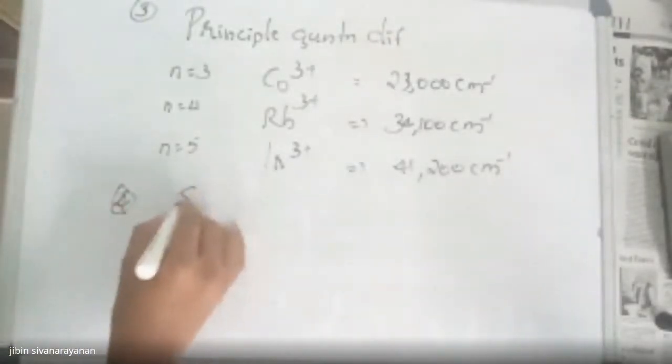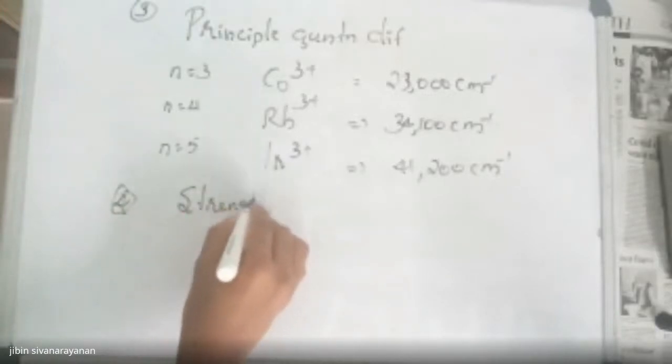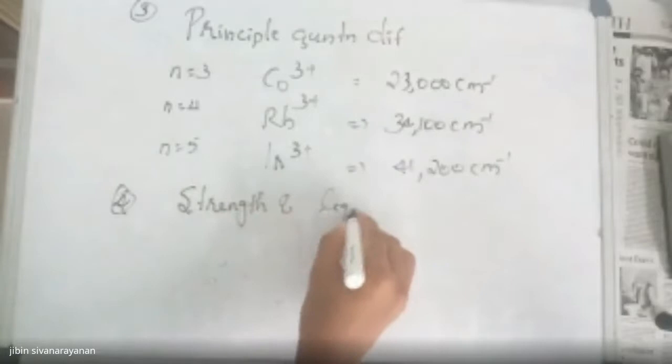Okay, then we can go for the other factor, that is the strength of ligand. Strength of ligand, that is actually the spectrochemical series. These are just simply by the strength of ligand only. So there is a series arrangement based on the strength. I think you can get it from some other sources. If I write it, it will go long.